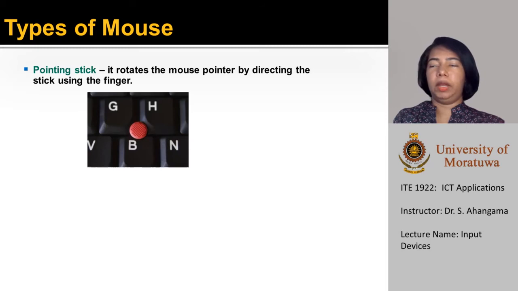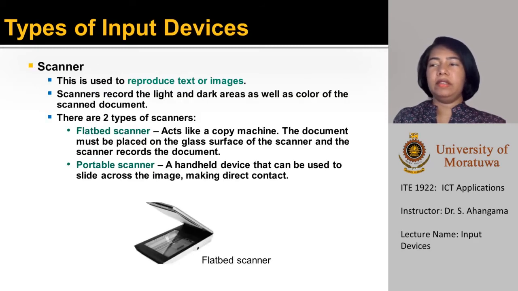In addition to keyboard and mouse, there are many other input devices. So let's go through them also. Scanner. This is used to reproduce text or images. Scanners record the light and dark area as well as color of the scanned document. After scanning a document, it is possible to display it on the screen and print or store it for later